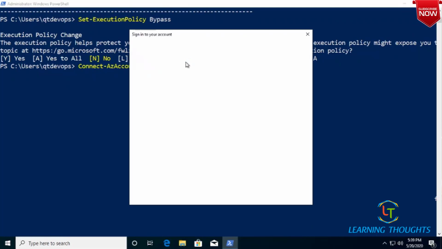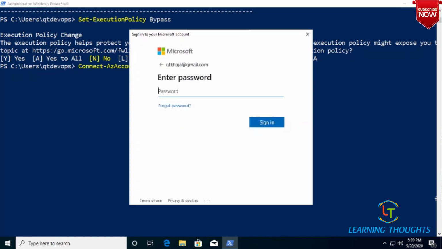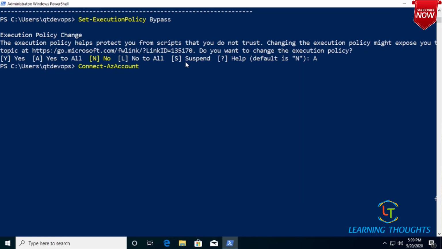Now let us see what happens. So if you see, the browser is launched. From here, I can log in to my account.